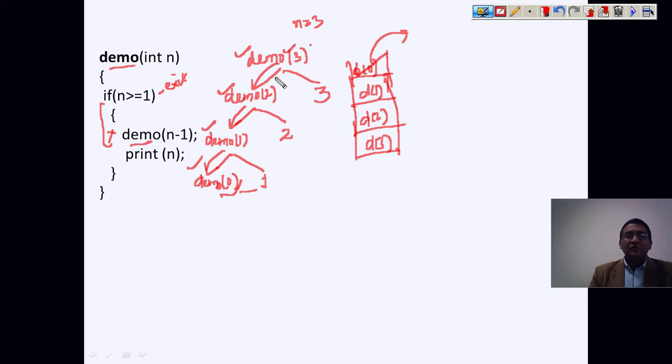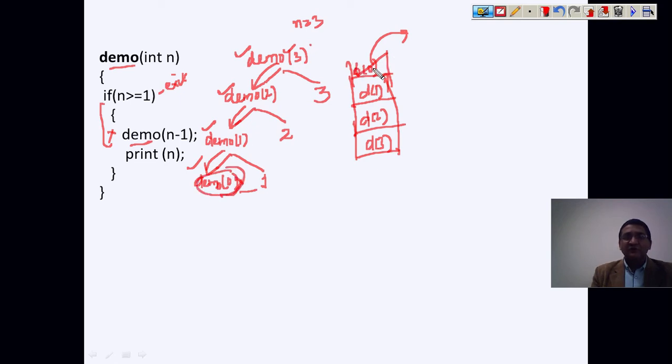Normally, in order to trace this representation, you have to keep on moving down from left, and then you have to move right. So we keep on moving down for every recursive call, and when we are going to exit, it appears here, and whenever it exits, it makes a pop.